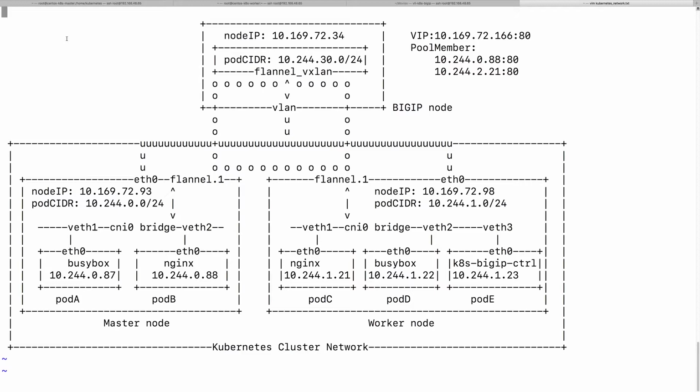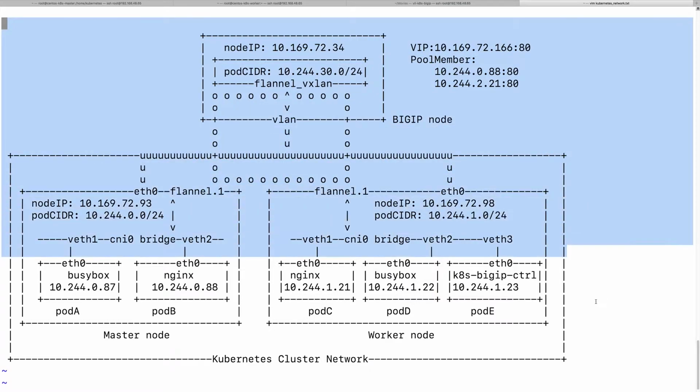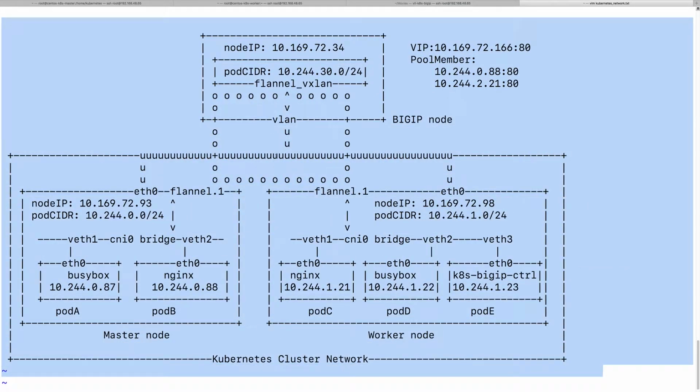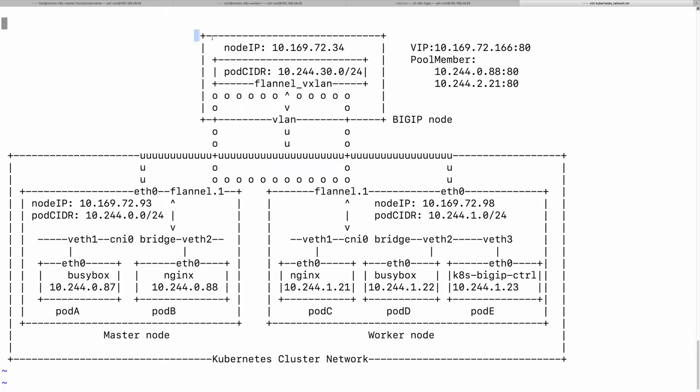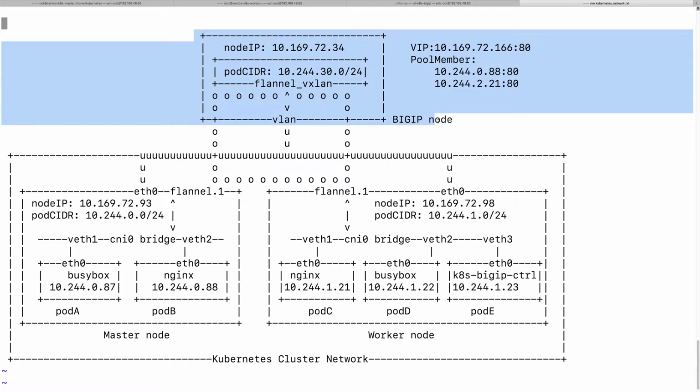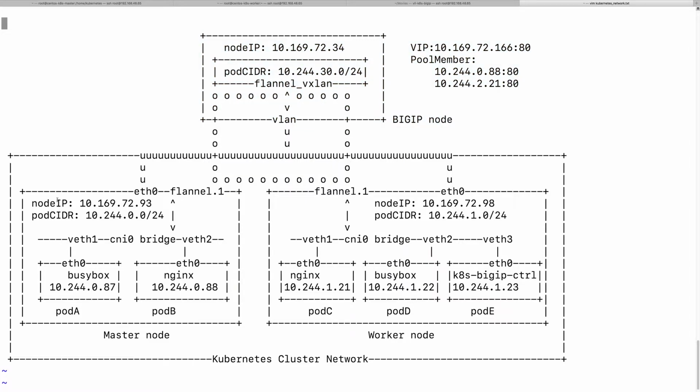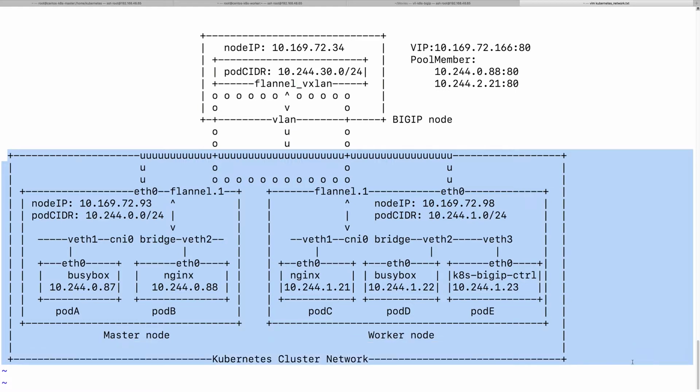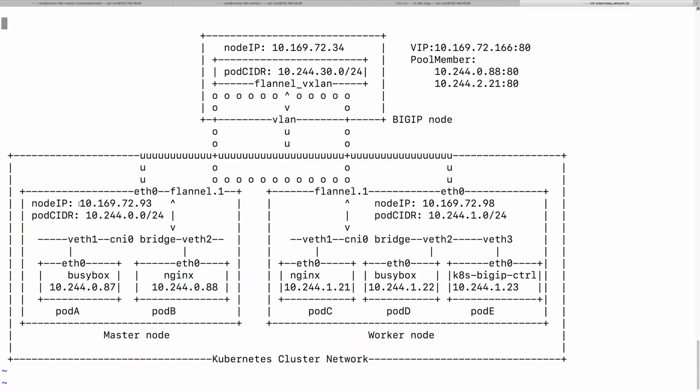Okay, so from now on, let's dive into the Kubernetes cluster network. So I made a network diagram here. As you can see, this is big IP. This is the Kubernetes cluster network. It has two nodes, master node, worker node,